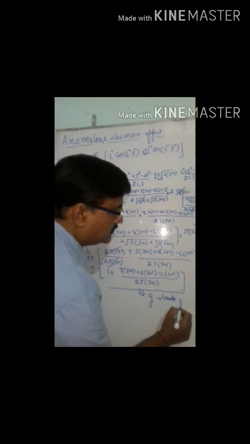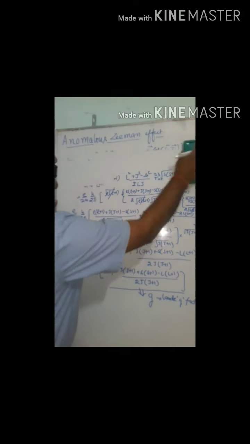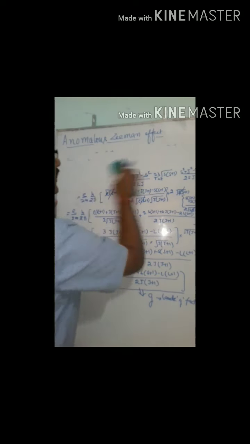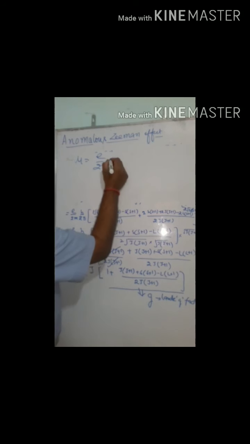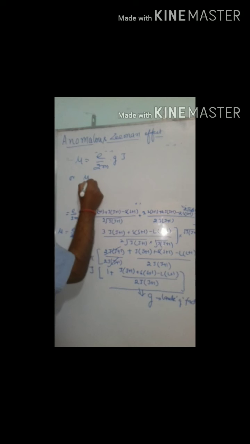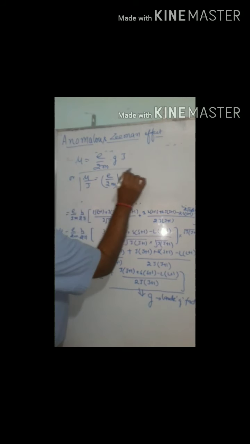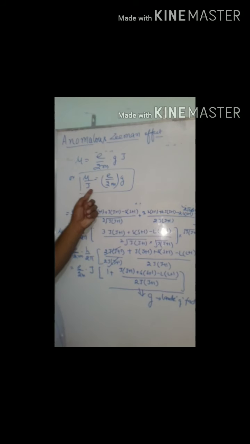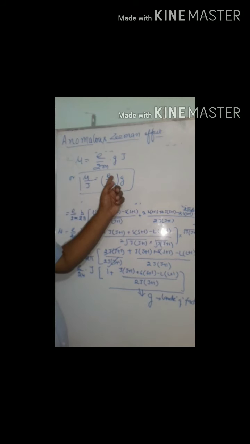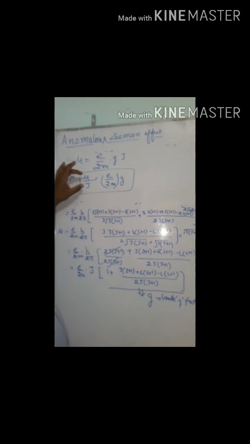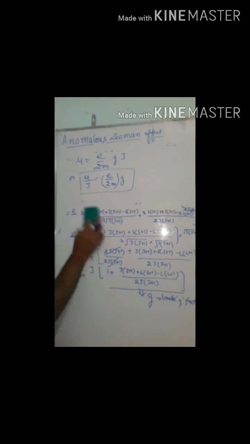Landé G factor. So in terms of Landé G factor, mu comes out to be, if I write it over here, the total orbital angular momentum, total magnetic moment, that is mu, is equal to E upon 2m into G into J, or mu upon J is equal to E upon 2m into G. So mu L upon L was E upon 2m, mu S upon S was E upon 2m times 2, while mu J, you can write it as mu total magnetic moment, mu upon J is equal to E upon 2m into G.